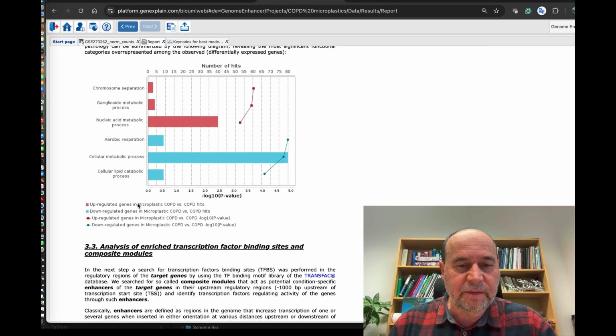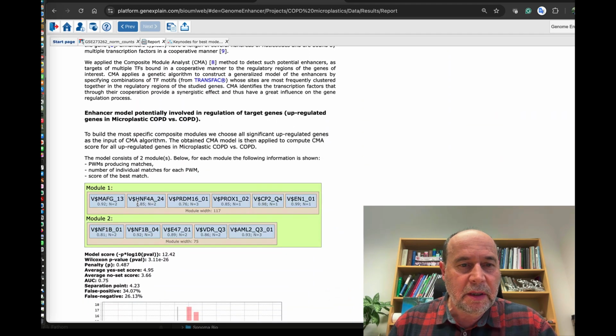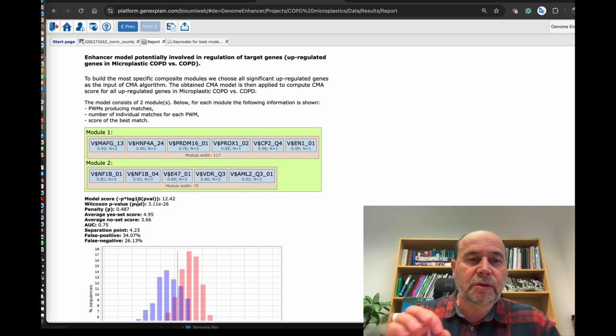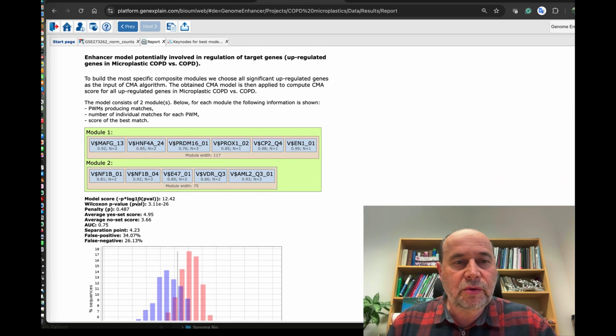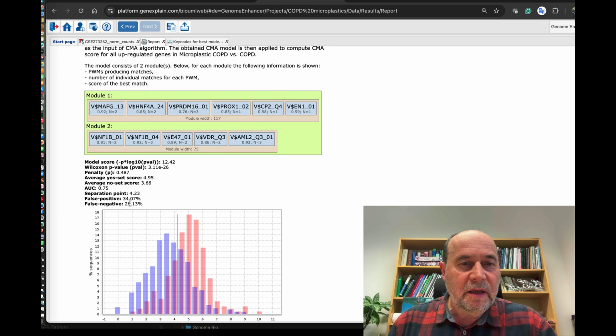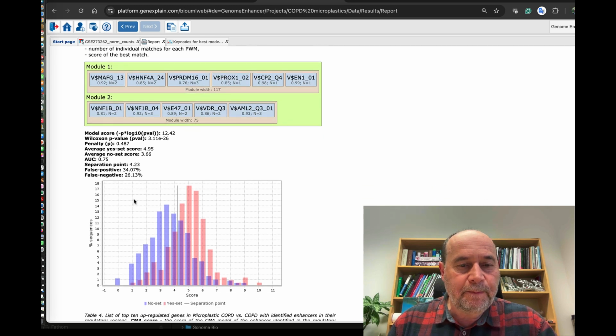But what is very interesting for us now, in this context, is how the gene regulation is controlled by transcription factors. And this program, Genome-Enhancer, detects these motifs for the transcription factors, such as HNF4, NF1, AML, VDR.